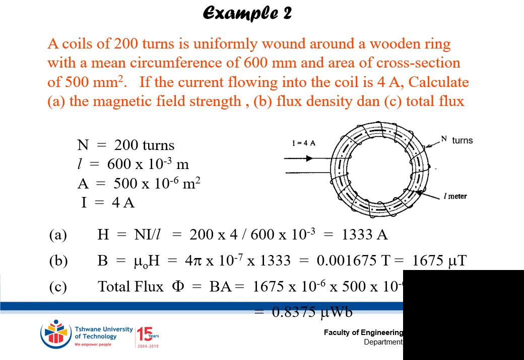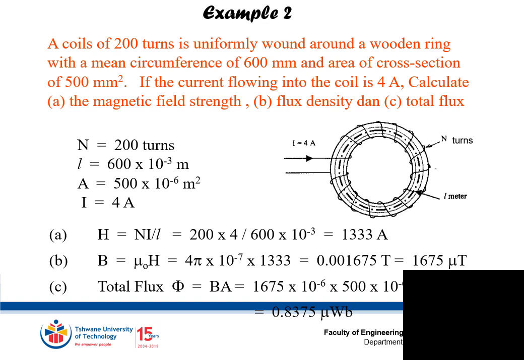So we know that the permeability of free space is equals to 4 pi times 10 to the power minus 7 multiplied by the magnetic field strength, which is 1333. That gives us an answer of 0.001675 Tesla. We can change that to 1675 micro Tesla. Then the total flux is equals to phi equals to BA, which is the flux density times